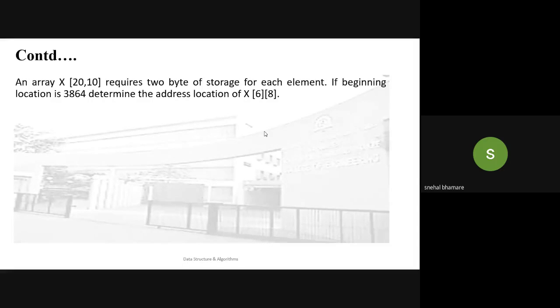Here you will require the value of base address. Base address is B, whose value is 3864. W is width, which is 2 bytes. Then the number of columns, that is N, over here is 10. The values of I and J are 6 and 8 respectively.